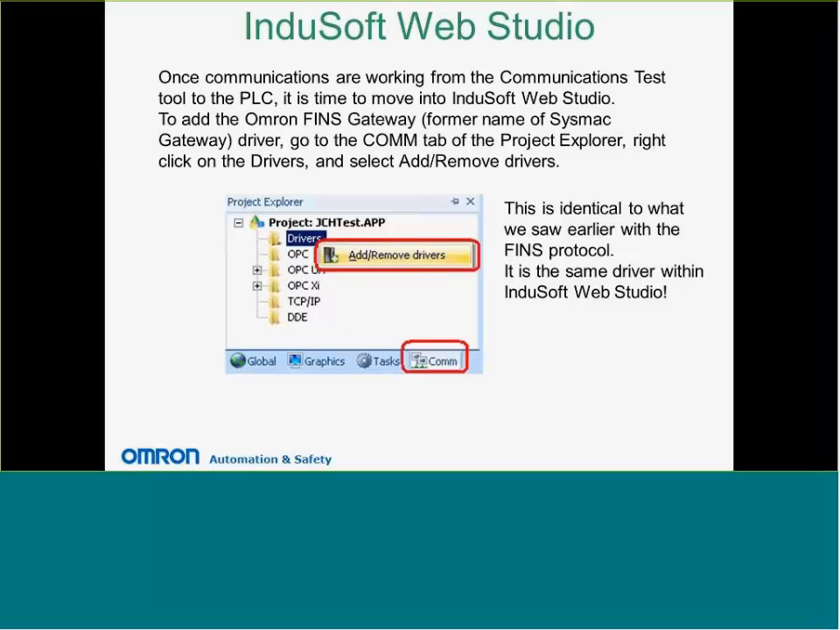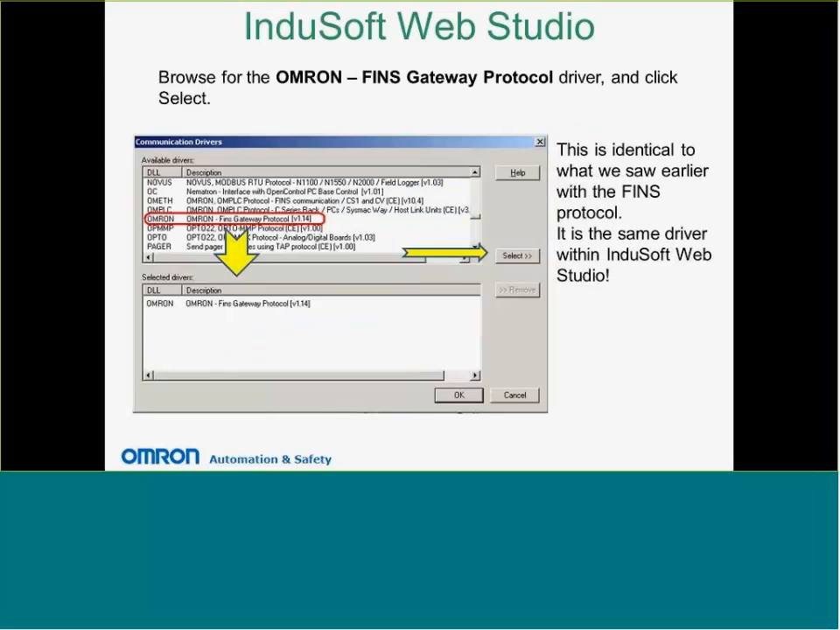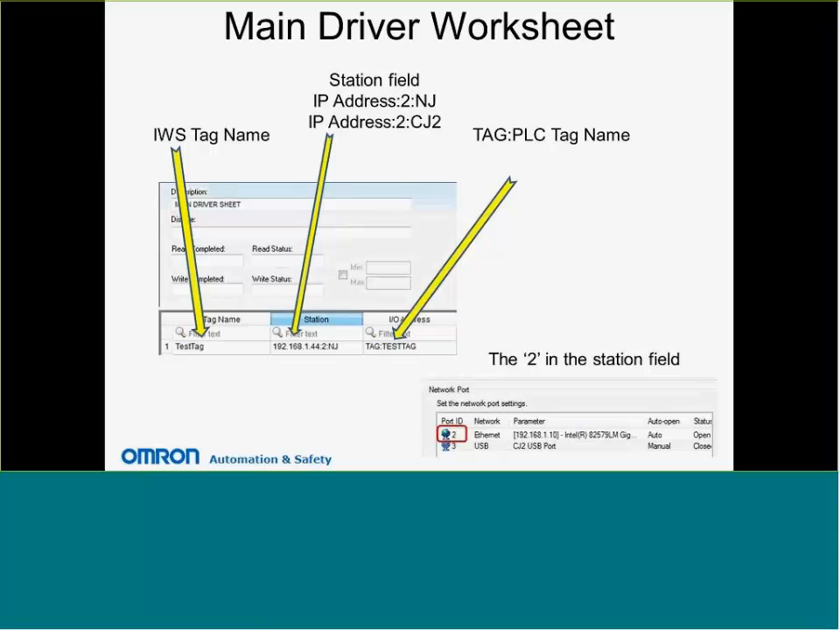Now let's look at how to configure the driver worksheets for Ethernet IP in Web Studio. Just like we saw before, we're going to use the Omron driver. It's the exact same driver we used for FINS, so there's no distinction between driver and protocol. So we add the driver, and just like we did before, we add the Omron driver. On the main driver worksheet, you put the InduSoft Web Studio tag name. You put the IP address of the controller, so your CJ2 or your NJ, :2,